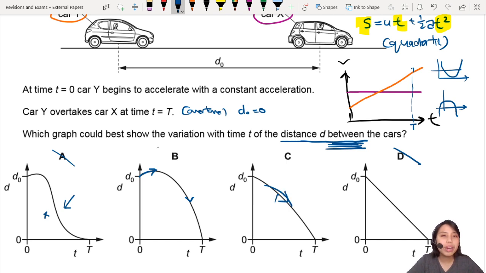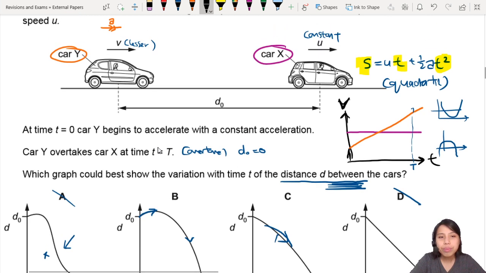Now you think about this part. This is very important when you look at this velocity graph. When the cars first start moving, are they already getting closer to each other? You think about this. Imagine this car is traveling at 10 meters per second. This is traveling at 100 meters per second. Are they getting closer together or further apart? They're getting further apart. So while the orange car is slower than the purple car, they will not get closer together yet. So if you look at the graph,